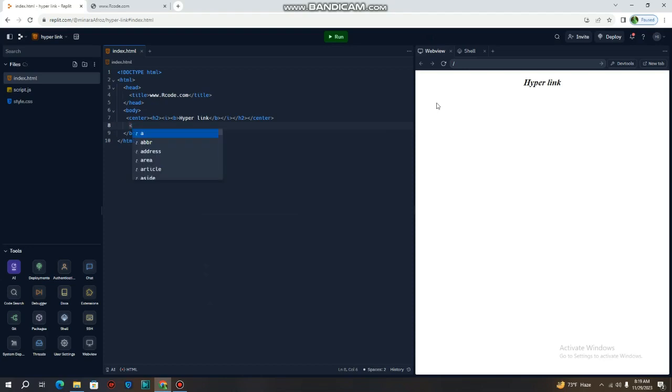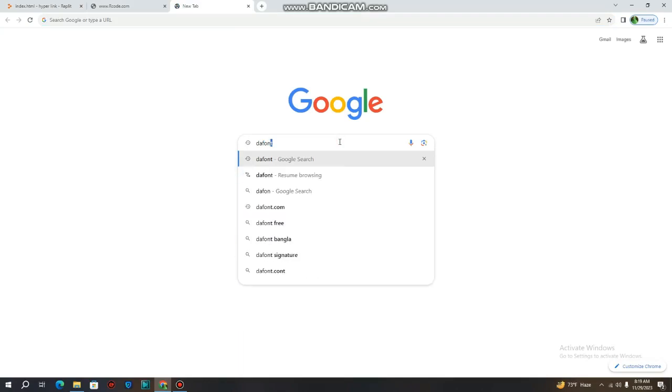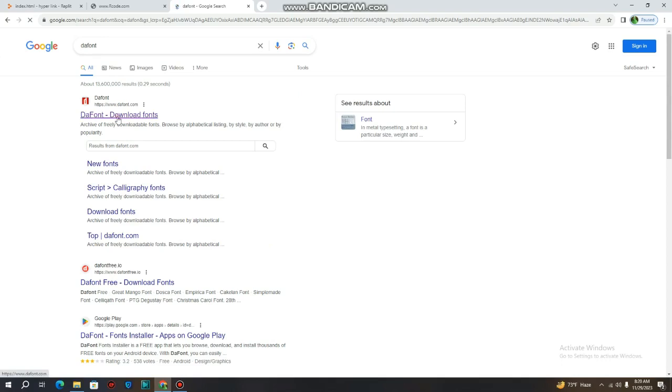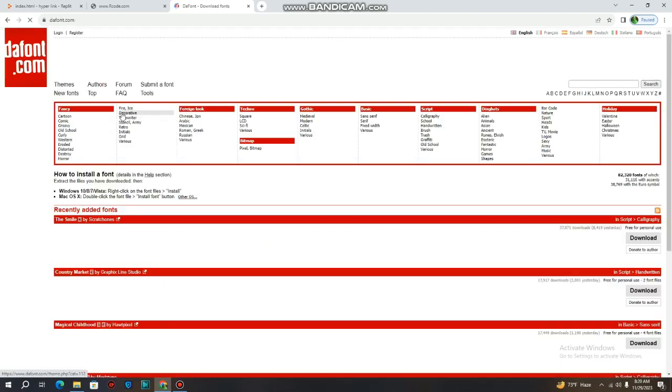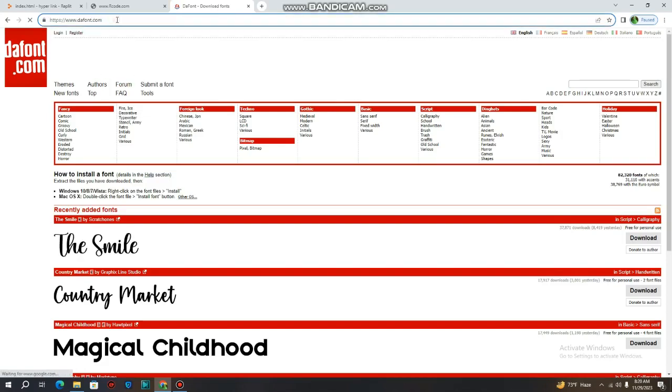To do that, we have to use the a tag. Then, move to the opening tag and write href equals double quotation marks like this. After that, we will need a URL. To get the URL, first move to any website, and click here 2 times. Then copy it. Now, come to the code and paste the URL